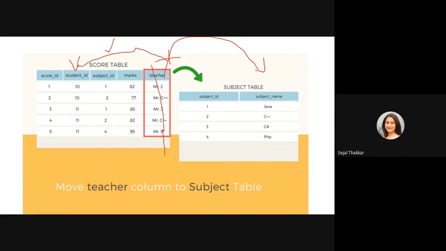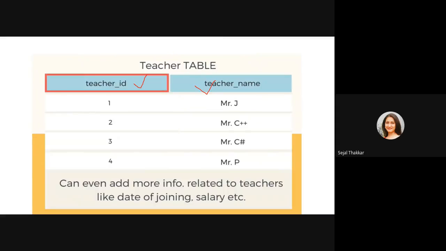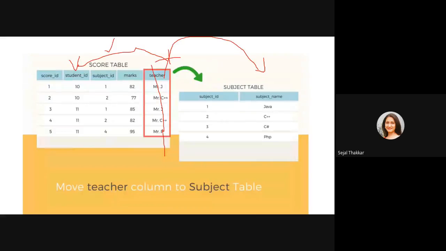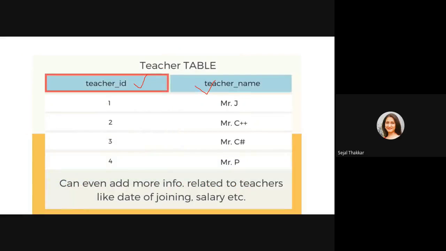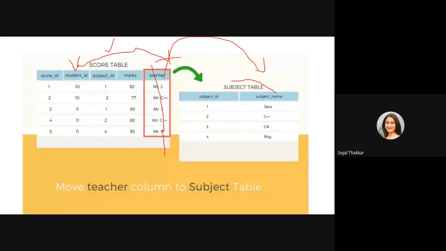This whole column will be removed from this table, right? So a new table is going to be created for the teacher and for the subject. So now partial dependency is removed. Now this subject name is dependent on subject ID, or teacher name is dependent on teacher ID. Here you can keep subject ID and teacher name also, no issue, right? You can create a table using subject ID and the teacher, right?